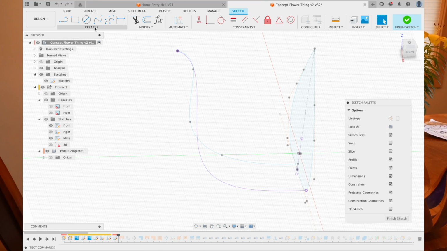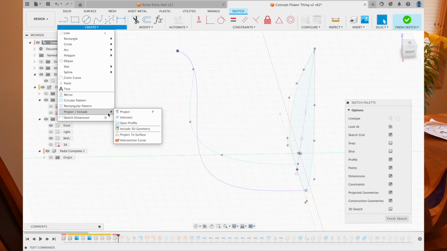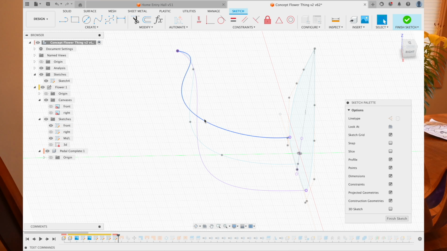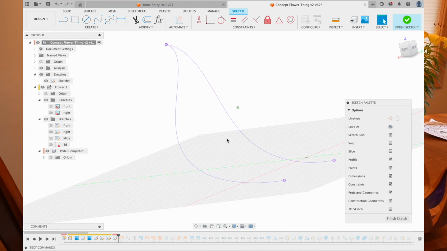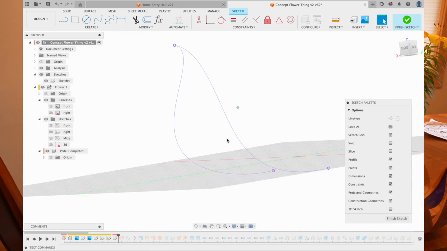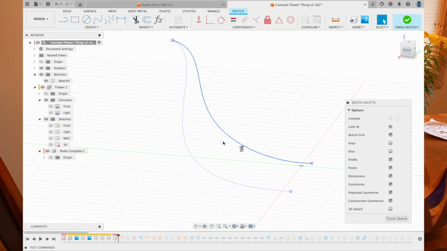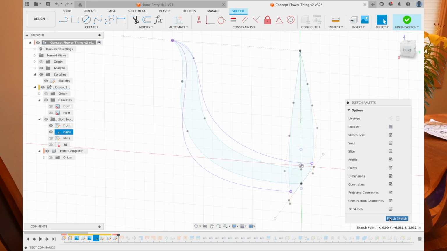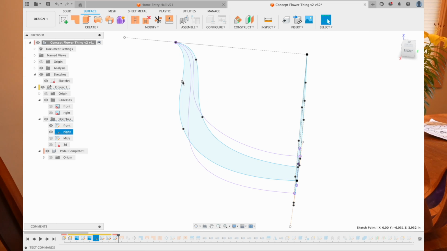And I have to do it for both sides. So project, include, intersection curve, here, here, okay. And so now if I hide the mid and front, I get this really cool 3D sketch. And the beautiful thing about this sketch is that you can manipulate your front and your right sides, and it will update live. So I could tweak this guy by pulling it out, or pull this guy in if I wasn't editing another sketch. So here I could tweak these guys if I really wanted to. It's going to cause a lot of downstream problems, but